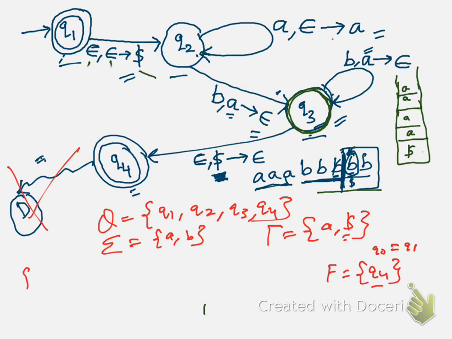And how can you write your transition function? In this case, you can write your transition function separately for each one, like how we were writing it previously. So you can represent it like this, and you can write it for every single transition here. Or for your transition function, you can also draw a table and do it.